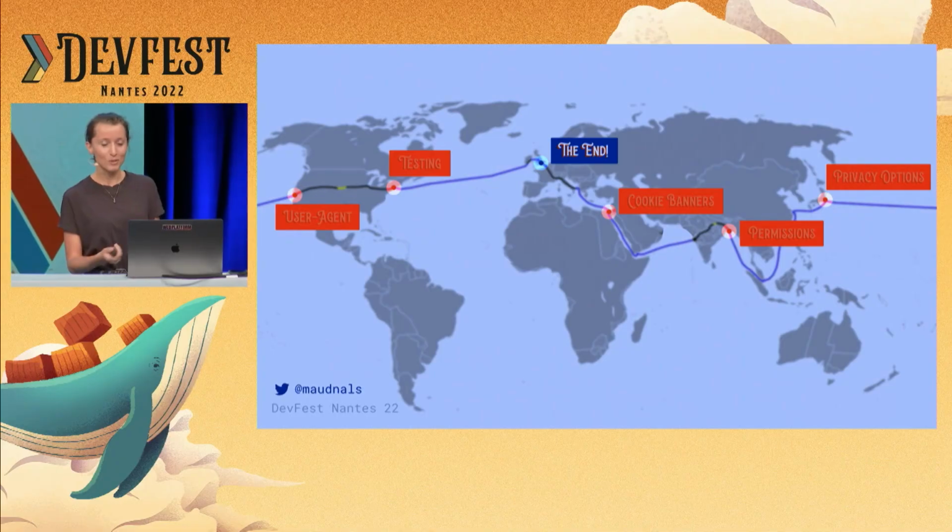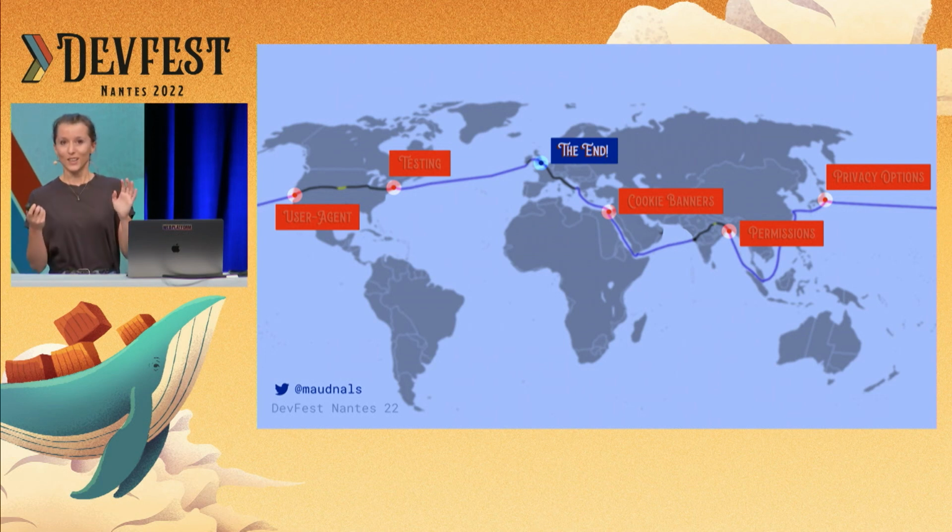And with this, we're actually done with our trip. We reached the end of the line, and we completed a complete loop across the planet. And as you can see here, we didn't cover all continents. We really only just scratched the surface. I wanted to share with you what I found interesting and actionable about what I learned about web privacy. But that was already a lot.